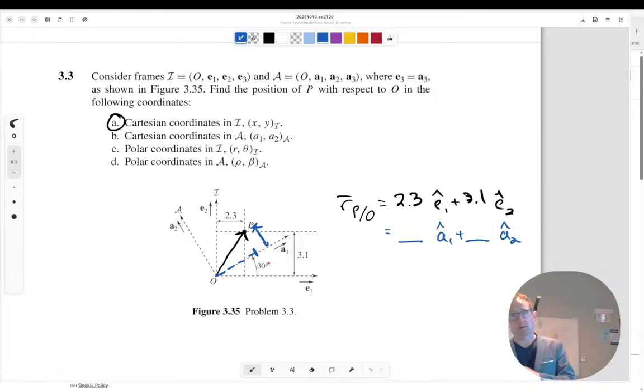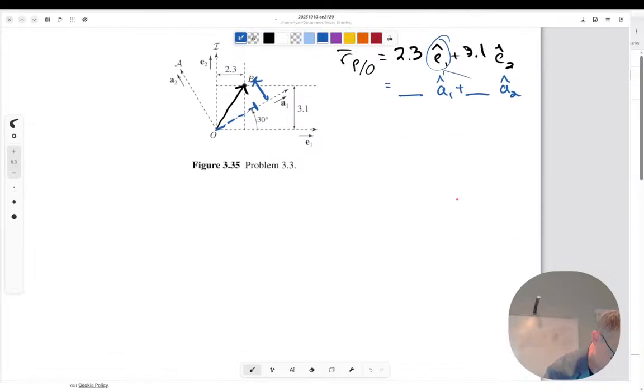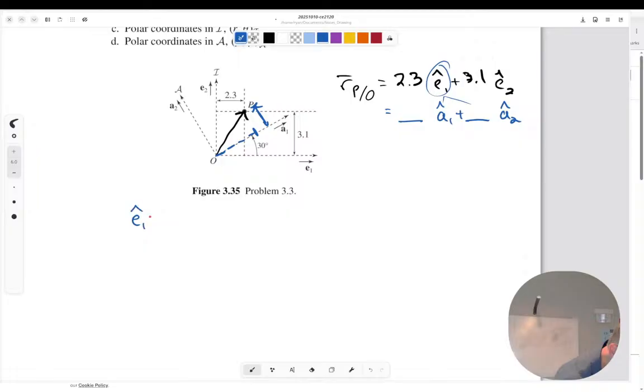All right, so I'll start off with the same approach that we ended up with last time, where I define new unit vectors. E1 is a direction, A1 is a direction, so both of them have a magnitude of 1. They're just pointing somewhere. So if I want to describe E1 in terms of A1 and A2, it'll be